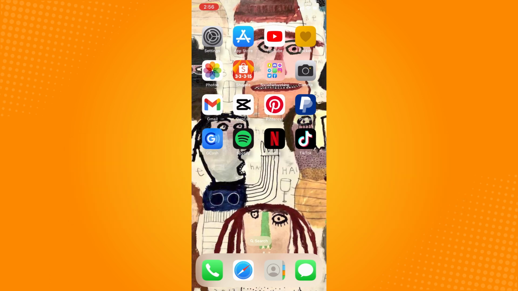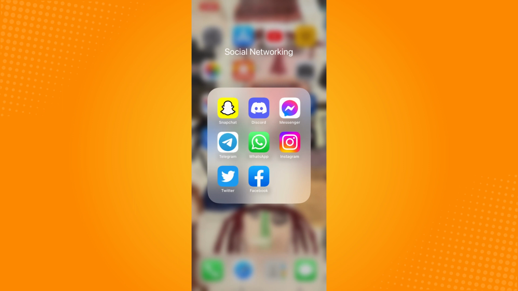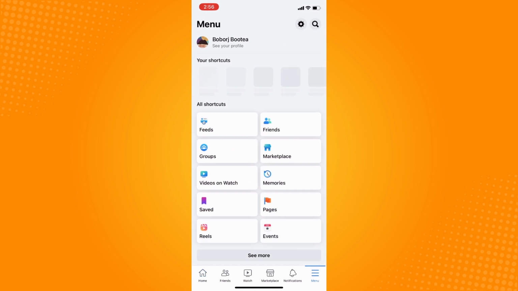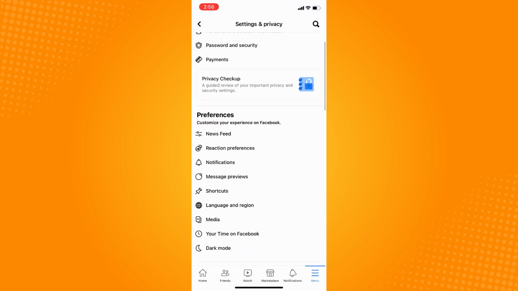So first, you have to go to your Facebook application here, and it will lead you to your homepage, basically your feed area. Now the next thing is on the bottom part, you will see the three dash lines there. The menu, you just have to tap on that, and then on the upper right, you will see the settings. Just tap on settings there, and under preferences, there are a lot of options there that you can customize